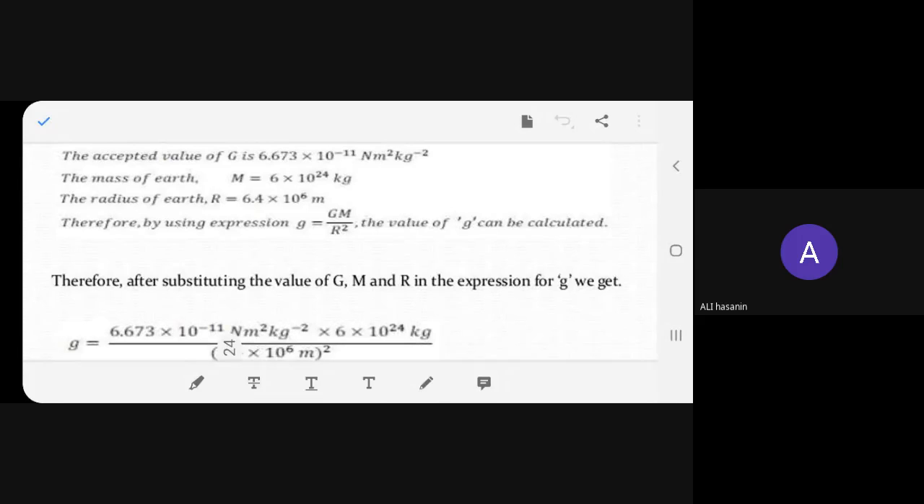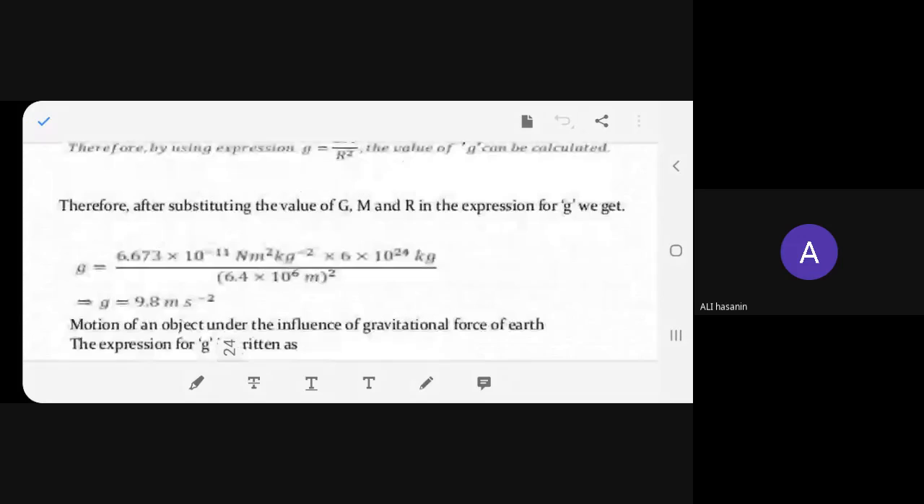Therefore, after substituting the values of G, capital M, and R in the expression of g, we get g is equal to 6.673 into 10 raised to minus 11 Newton meter square per kilogram square into 6 into 10 raised to 24 kilogram, divided by 6.4 into 10 raised to 6 meter, whole square. So when we place all the values, we get g is equal to